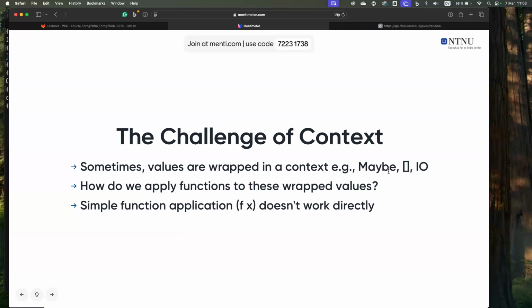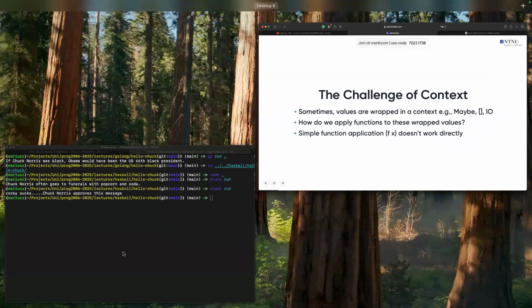But we also have other contexts, like a list is a context. So we have values in the list, but the list creates the context for our values, that they are inside the list, right? So if you want to do something on the value, you cannot use a normal function. You have to use something that knows how to do it, right? So like if we go,